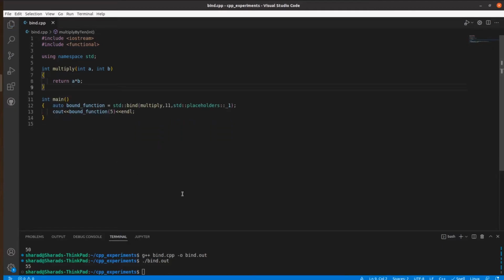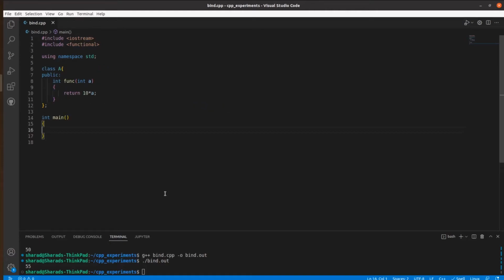But this is not actually what we see in ROS code, right? We see that we are using std::bind for making callbacks for subscribers, let's say. So in that case, let's see how we use this in ROS code. Okay, to make the idea analogous to what we see in ROS, let's say we have a class A which has a function and it multiplies the argument by 10 and returns the value. We can make an instance of this class. Let's say it's called A, and then we can call